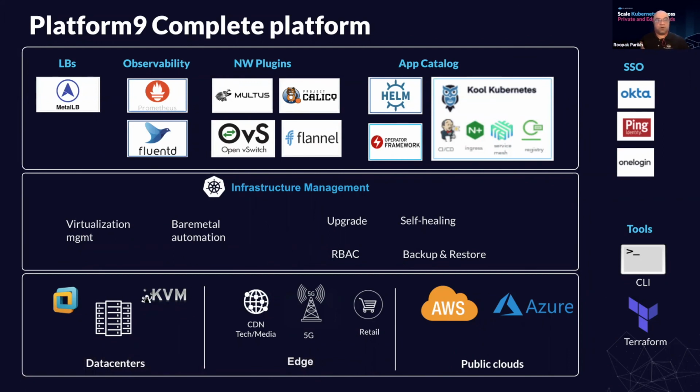And we spoke about how 5G or edge location deployment is very important. There are other use cases as well. For example, CDN, media applications who require high performance computing, or who are not running on the far edge, but they're still running in co-locations or very close to their customers, or retail stores which are actually running at the far edge. So a platform needs to support all of these different diverse environments, but that's not enough. You have to support that on top of it,